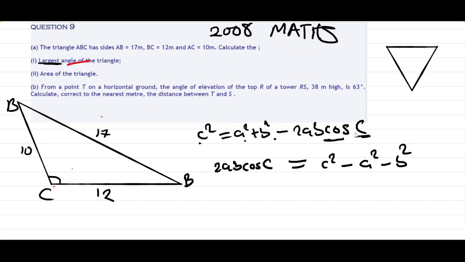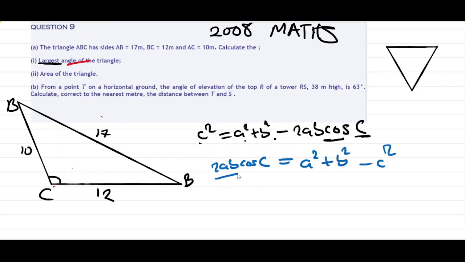Sorry about that, I think I've really blundered a bit here. Okay, let's bring this over here and c squared over here. So this will be 2ab cos c is a squared plus b squared, then we have minus c squared. If we divide both sides by 2ab,